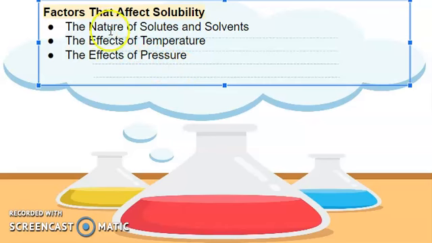For the first factor, the nature of solutes and solvents, the nature could be polar or non-polar. Polar solvents like water are excellent solvents for polar solutes like sodium chloride, or asin. Whereas non-polar solvents like ether and benzene, have you seen ether and benzene? For non-polar solvents like ether and benzene, they have